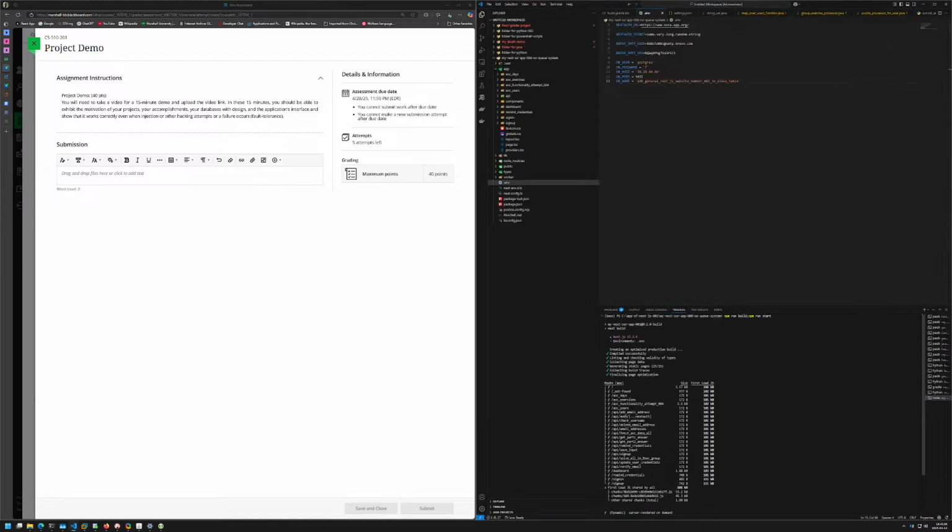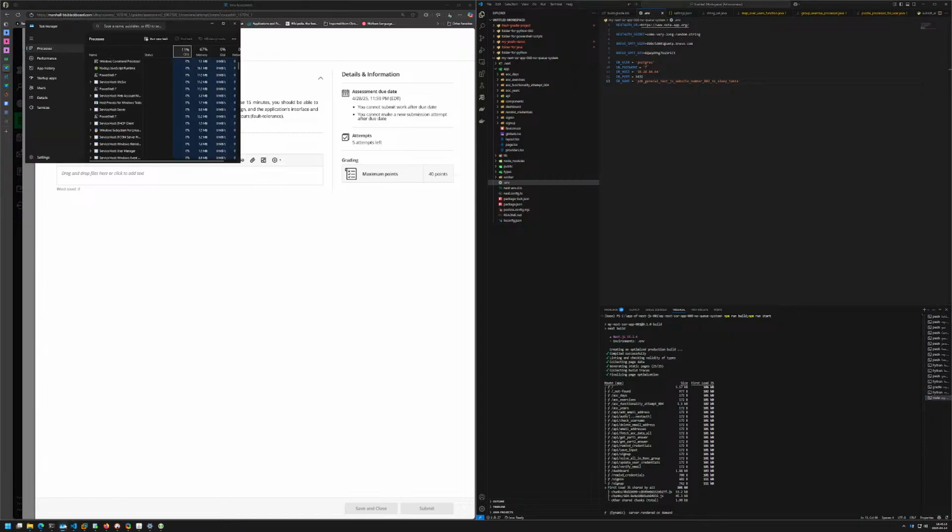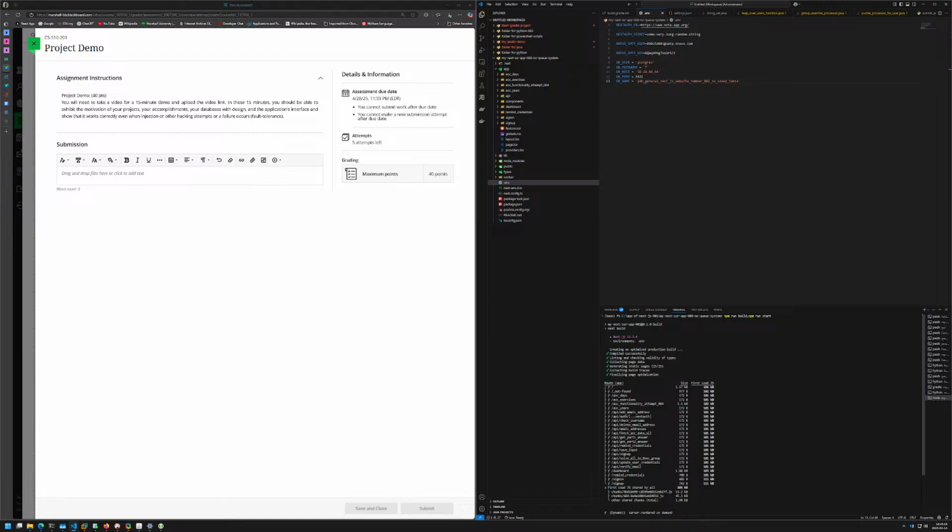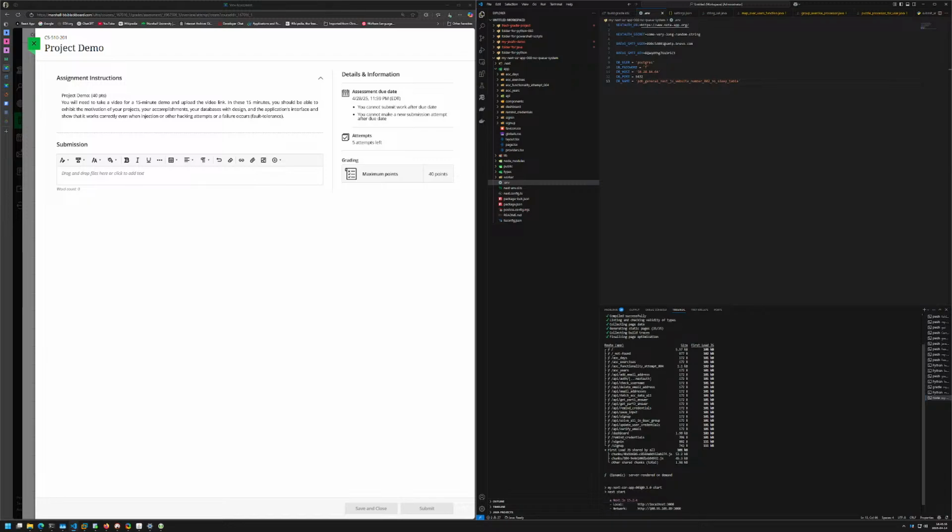Okay, now it's working. So generate linting and checking validity of types. Wait. The CPU is at 11%. What the heck? Linting and checking validity of types, collecting page data, generating static pages, 25 out of 25, collecting build traces, finalizing page optimization. And here are all the pages, okay,